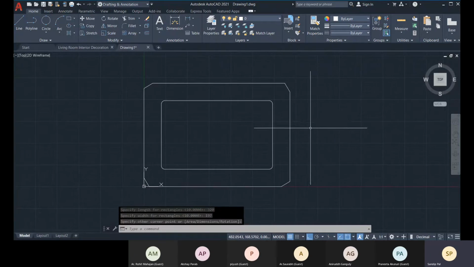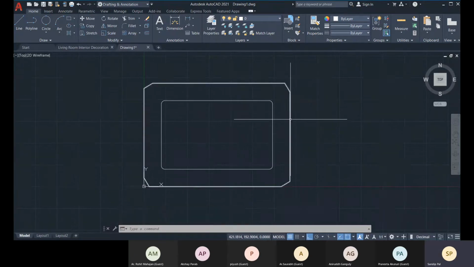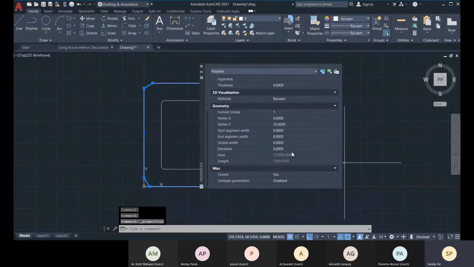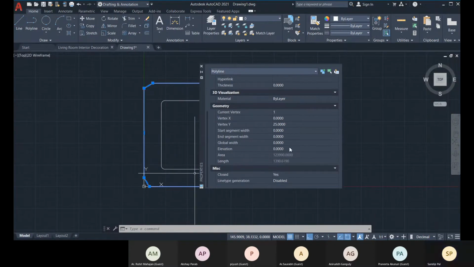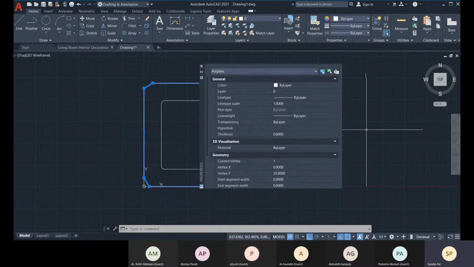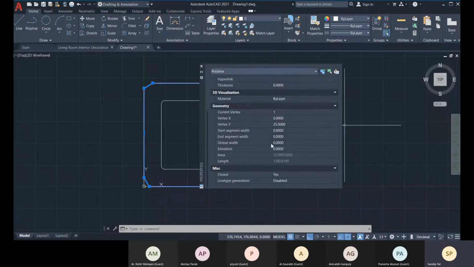All right. Suppose you need to bring this back to a sharp corner rectangle. What you can do is press Control 1, and you can change the, sorry, the chamfer option is not available here.